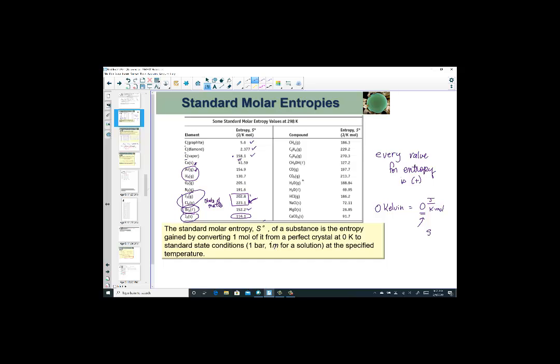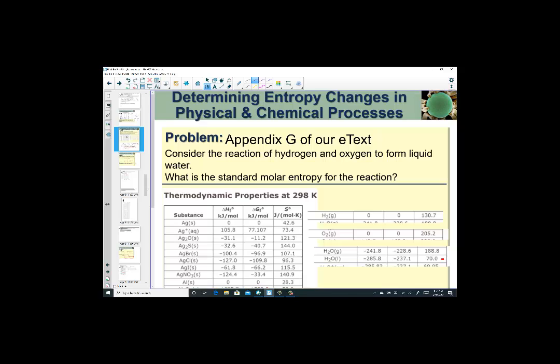You can notice over here, here's steam versus liquid water. Of course, gaseous water has a much higher entropy than in the liquid phase, even though they're the same substance. So the dominating factor there, of course, is the state of matter. So let's take a look at an example problem where we're being asked to calculate the standard molar entropy for